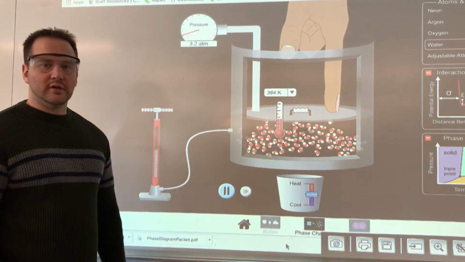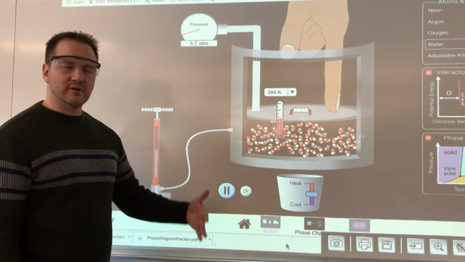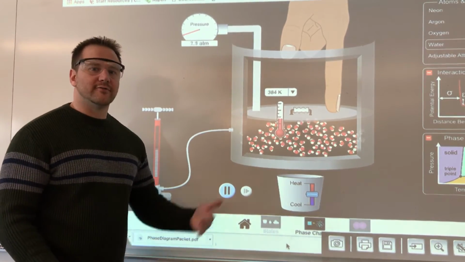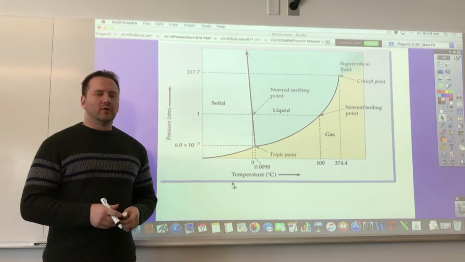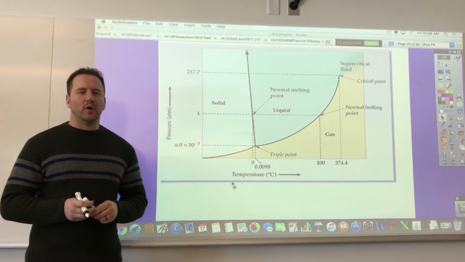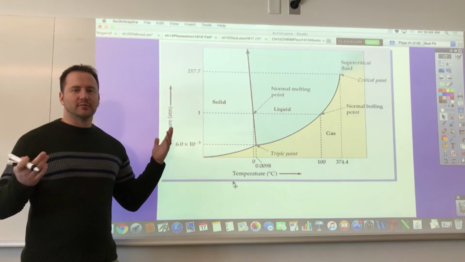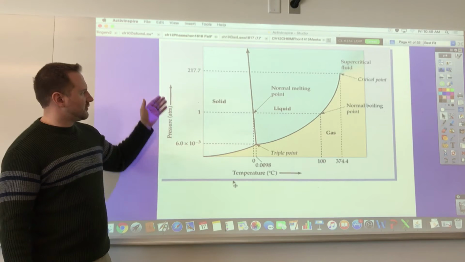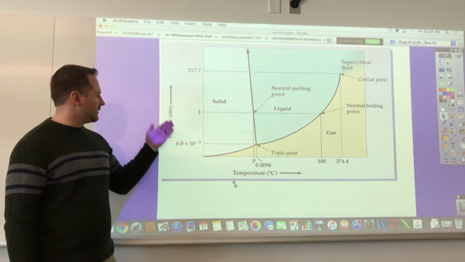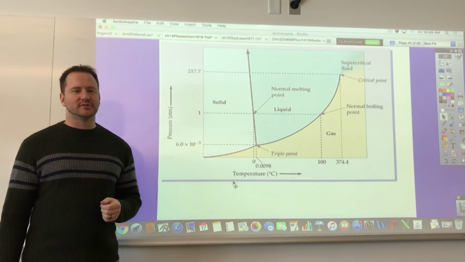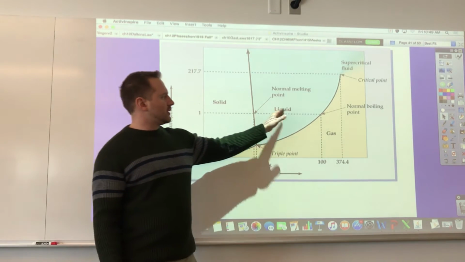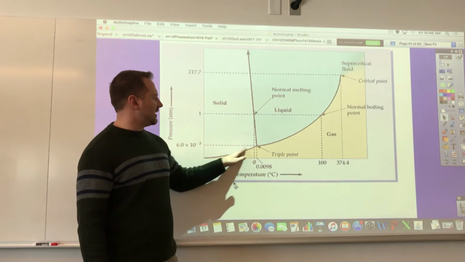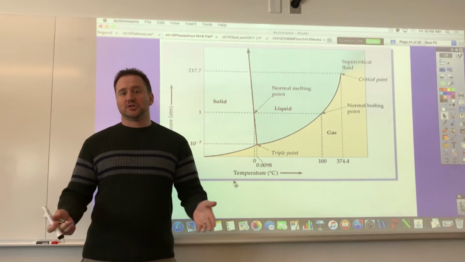Now the solid became a liquid. So increased pressure resulted in it favoring the liquid phase. So here we're going to look at the phase diagram for water, and we're going to look at what the phase diagram shows us. It is a comparison of what phase you're going to be in at given pressure and temperature conditions. So you have the solid, liquid, and gas phases, and these lines represent the changeovers, so the phase